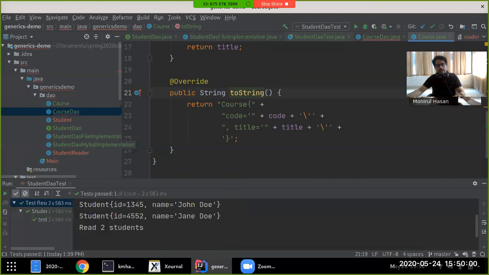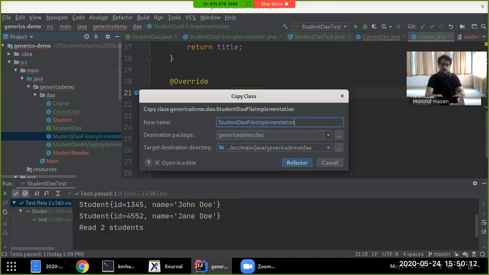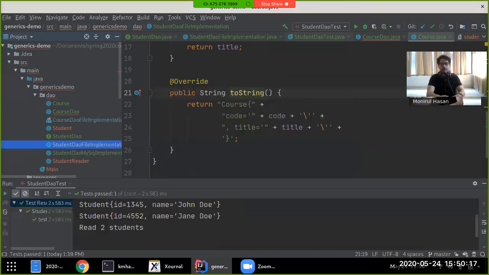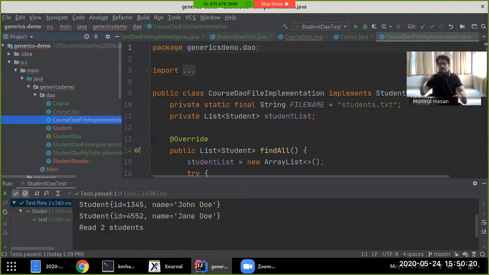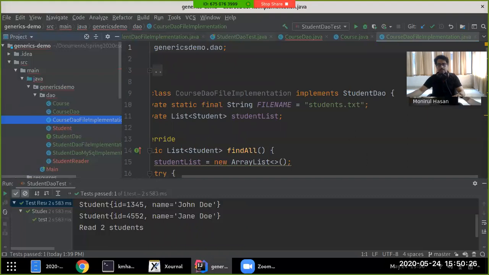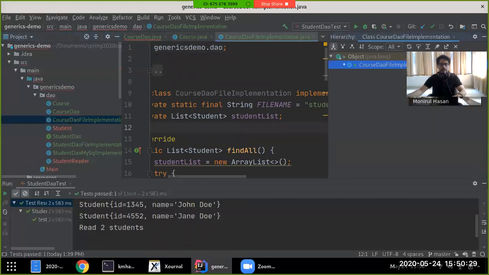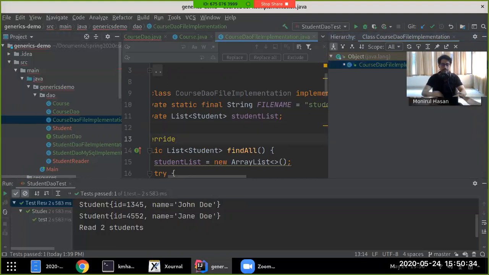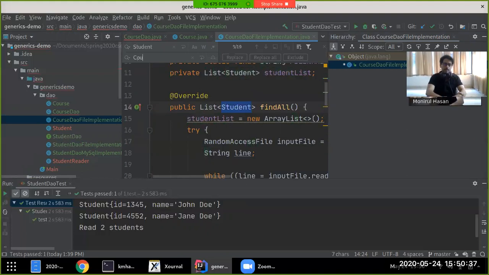Now, as we had the student DAO file implementation, we can do something very similar for this course DAO. To save time, why not I just copy paste this? I did Control C, Control V, and now we can do the course DAO file implementation like this. It's just that it's going to have all these things that deal with students, right? So one quick fix for that can be, let's do search and replace. Wherever we see student, we replace that with course, but at the same time, we got to make sure that